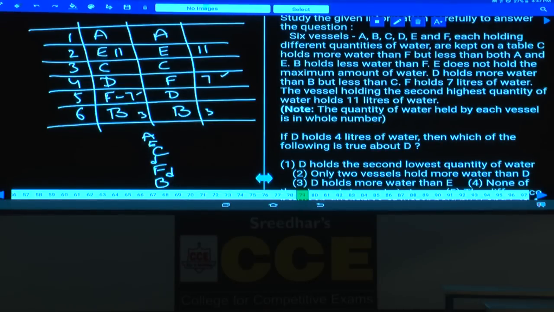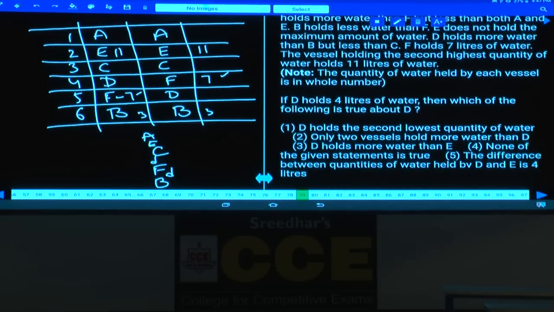Then question number 79, if D holds 4 liters of water, then this case is completely ruled out, first case, because F is 7, 7 is lesser than D, which is not possible. Hence D holds 4 liters of water, hence this will be 4. Then which of the following is true about D? D holds the second lowest quantity of water, true or false? Definitely true, because this is more than this B, and second lowest quantity of water, that is definitely true, choice